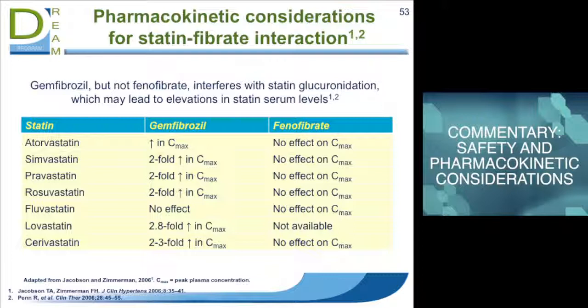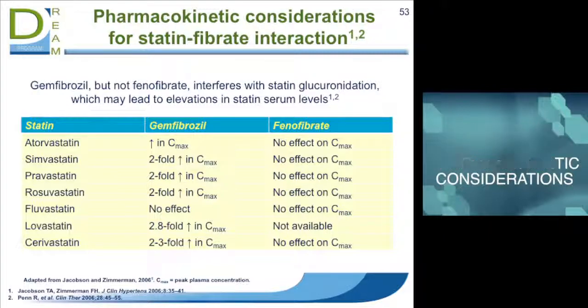The increased risk of myopathy and rhabdomyolysis with combination therapy, aside from the simple additive effect of each separate agent, is thought to be related to the inhibition of statin glucuronidation. Glucuronidation eliminates the active hydroxy acid metabolites of simvastatin, atorvastatin, and rosuvastatin. Evidence suggests that gemfibrozil inhibits statin glucuronidation, whereas fenofibrate appears to have significantly less inhibitory effect on statin glucuronidation, which may explain the lack of significant drug interaction between fenofibrate and statins.